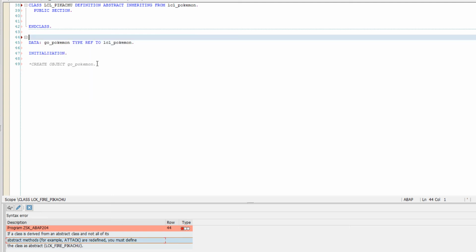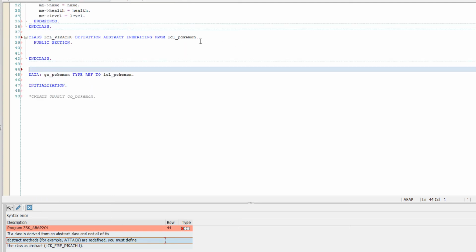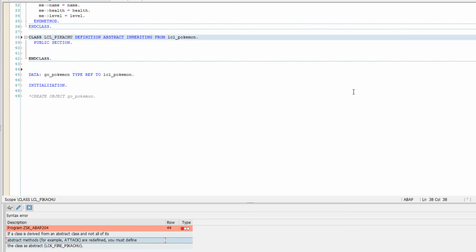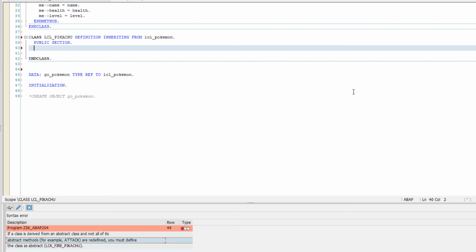I was just having some fun. There is no such thing as Fire Pikachu, which would be cool, but